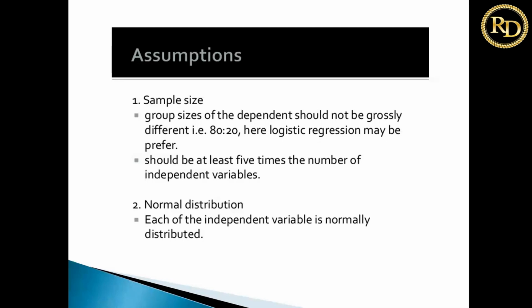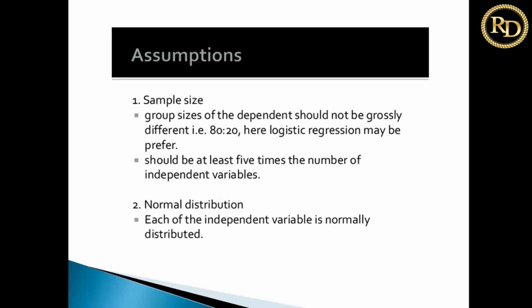If there is a huge difference among or between the units of the two or more groups, on the basis of the independent variable, then we will apply logistic regression. Otherwise, if there is some homogeneity among the groups, then we will be applying discriminant analysis. So the group sizes should be homogeneous in nature, and